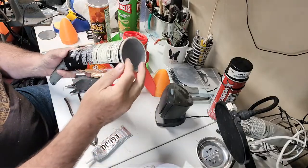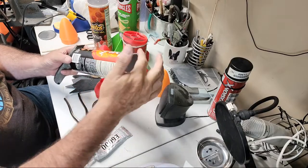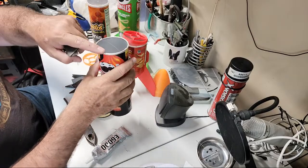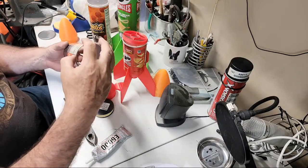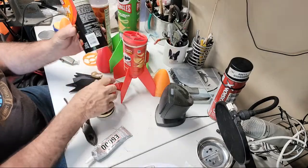And likewise, make sure this area isn't messed up. I don't cut this off. I may alter the kit in the future so that we cut that off and get rid of that. The cans are lined in a real thin aluminum foil, and it peels off of this pretty readily. So